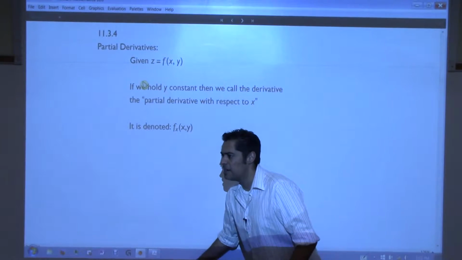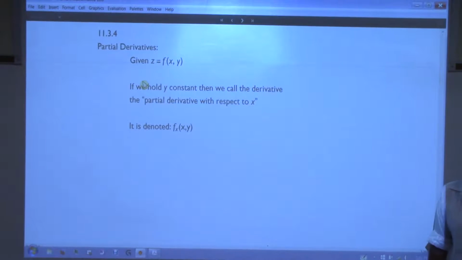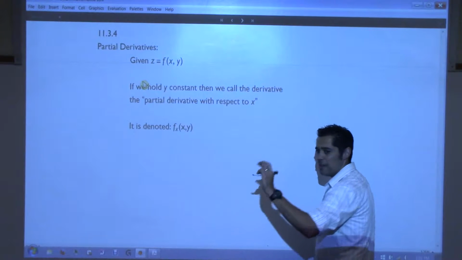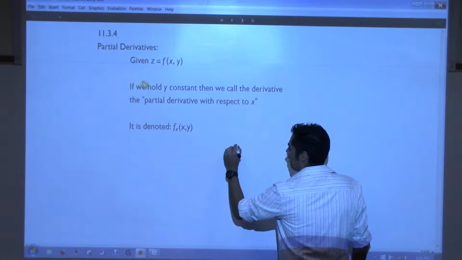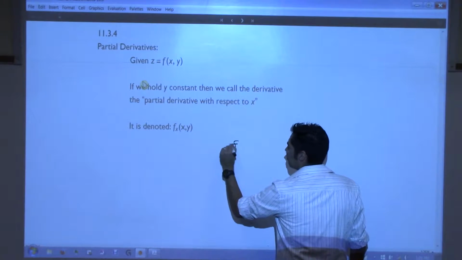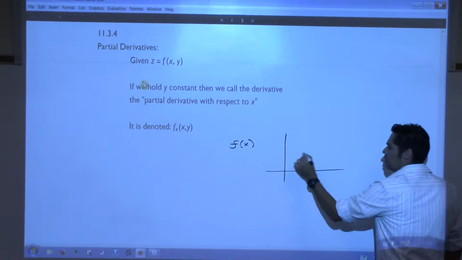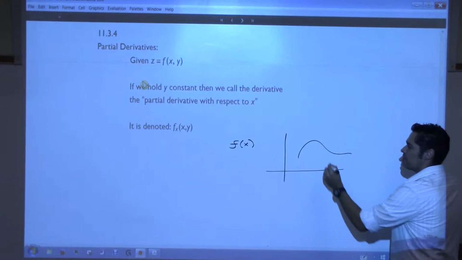Your other mini exam is due on Monday, right? Your next one? I'm just going to remind you of something that you'll run into on that exam. Remember from Calculus 1, this actually happens twice in the take-home exam. From Cal 1, if you have a function of a single variable and you graph it and you want to know where its maximum is,